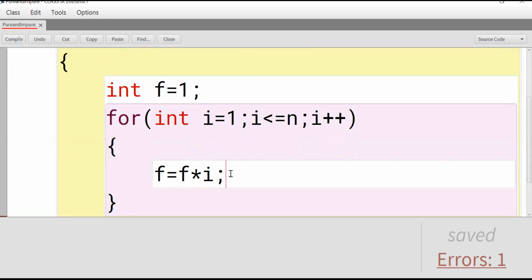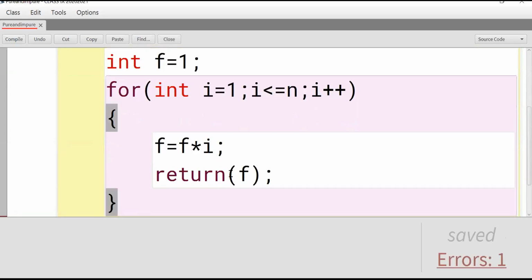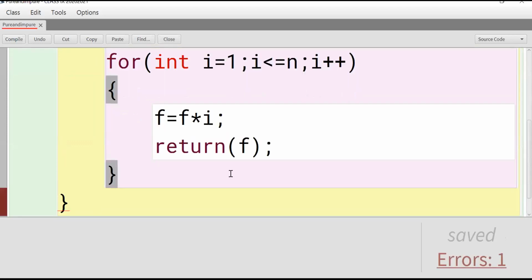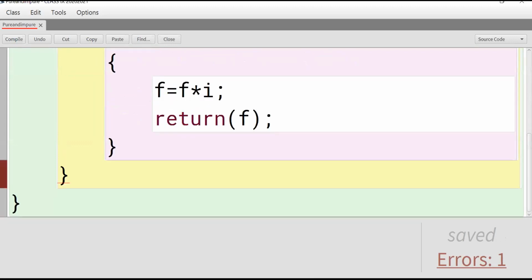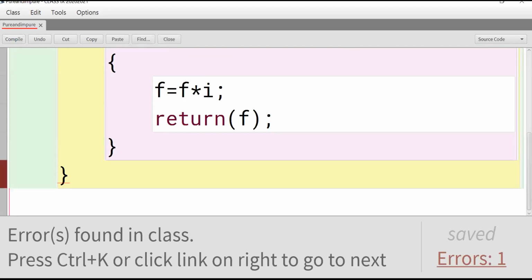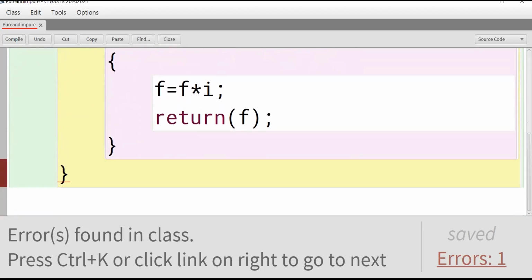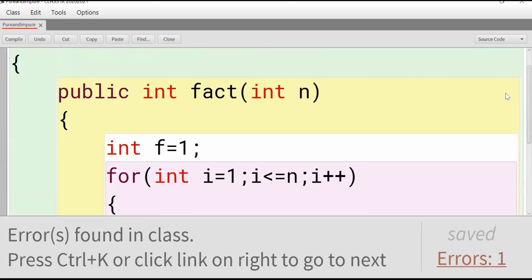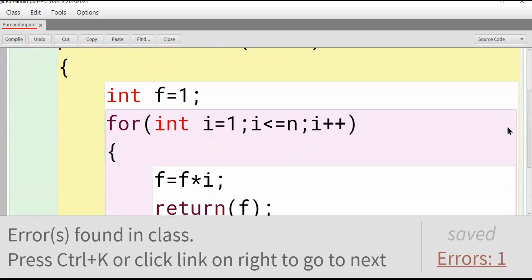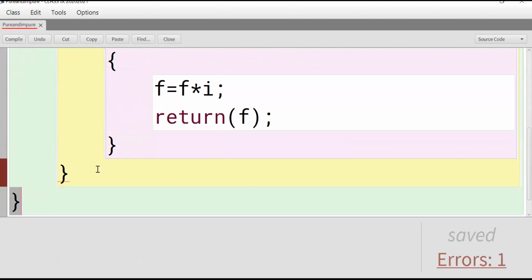So it always returns a value. So return F. For loop, one more place.